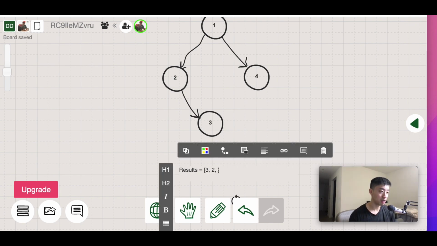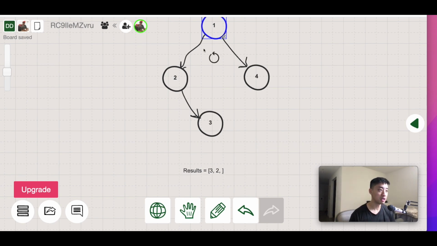There we go. All right. So we're taking care of 2. Now we go back up to 1. But remember, initially we went down a left subtree of 1, right? That's how we got to 2 and then 3. But since now we're back at 1,